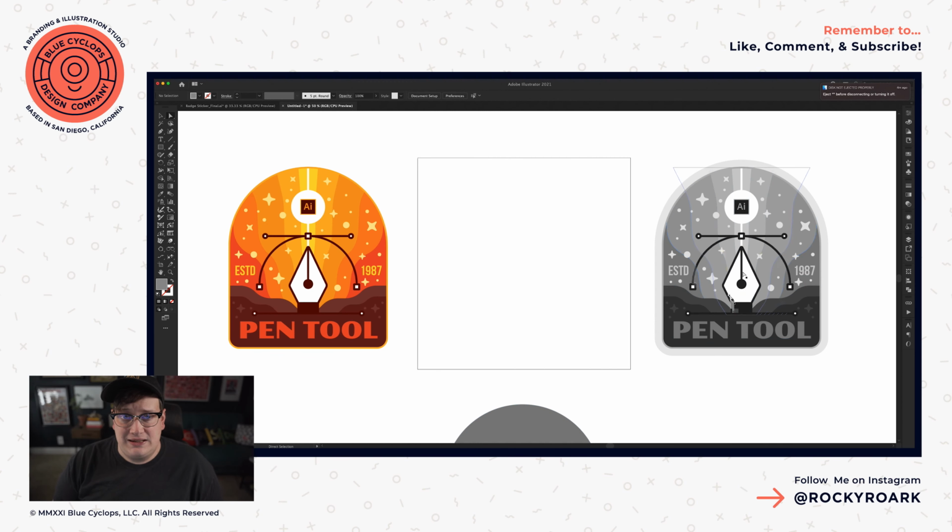Now, when I created this badge, this was the first piece that I ended up creating, and this is kind of like the mainstay of the badge. Once we get that done, then we're going to start working on the background. So what we're going to do is we're going to go ahead, just so we can have a little bit